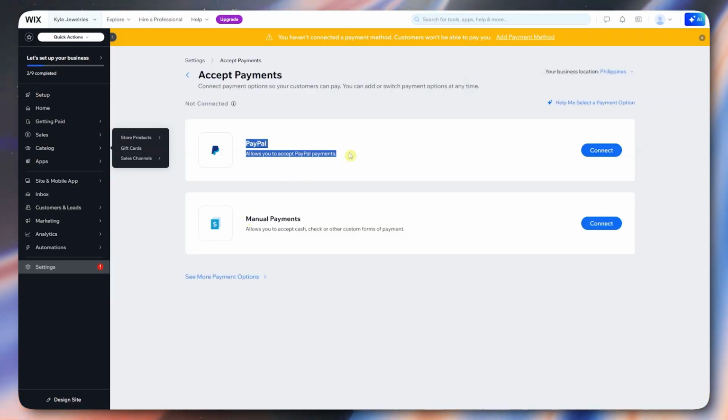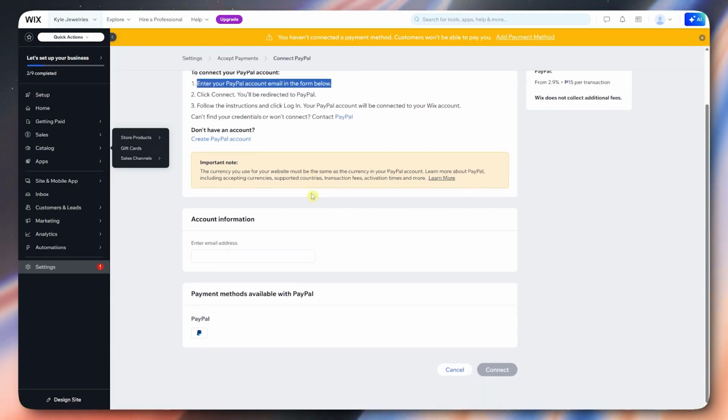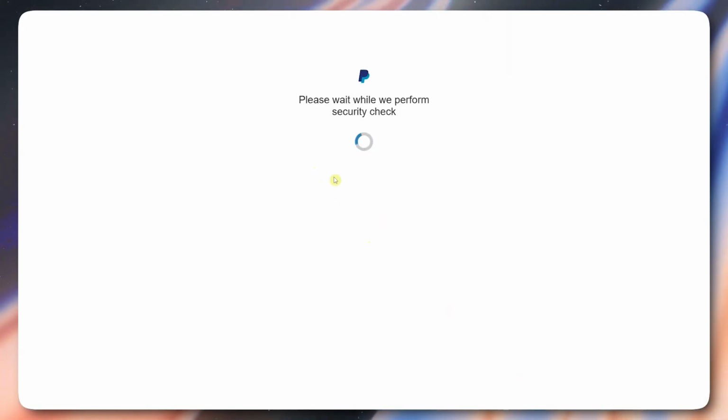So I'm just going to set up my PayPal here. So click here on Connect for PayPal. Now, in here, you would need to enter your PayPal account email in the form below. And then, so now I'm just going to input mine right here. So now once you have inputted yours and click on the connect button, you will now be prompted into this